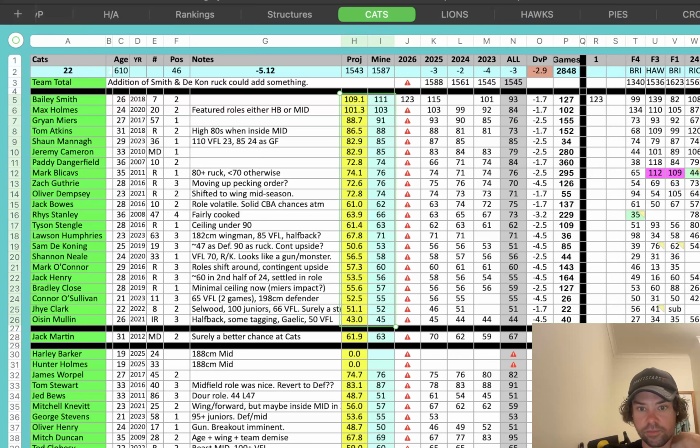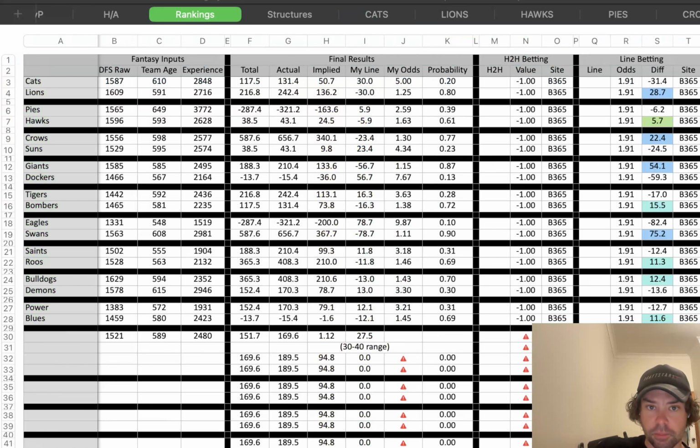And I think some kind of DVP is worth having. So I just apply it equally to all players. I sort of have the subjective choice of what position I apply to someone. And then these numbers here feed back to, so I get that DVP number for each position, feeding back to this page, my rankings page.